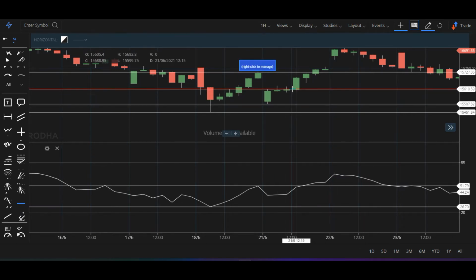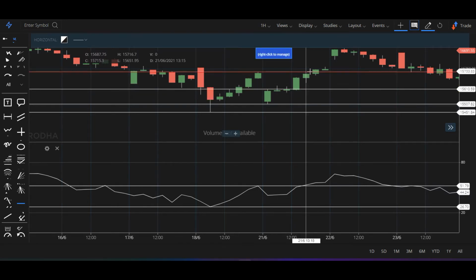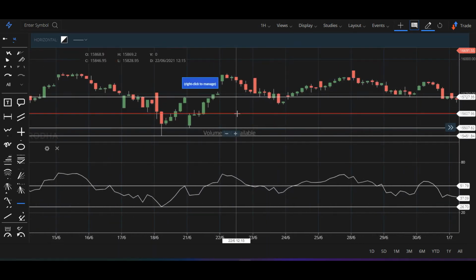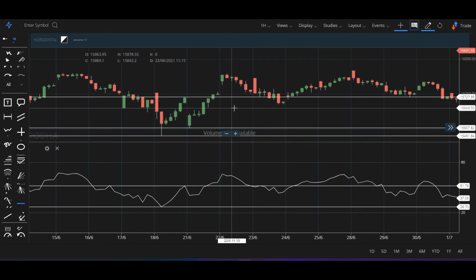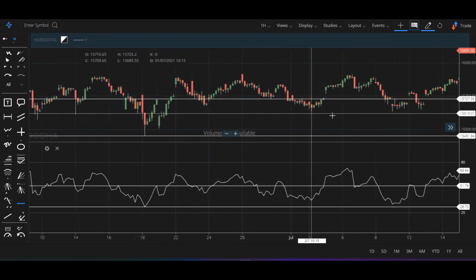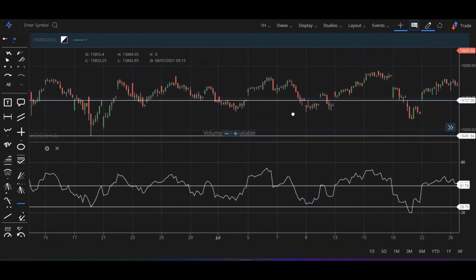At the time when we had seen the breakout, the target would be around this level, because this was an earlier top. Now if you look at these areas, forget about this which we took as a trade. Look at how these levels have worked as a support and resistance.